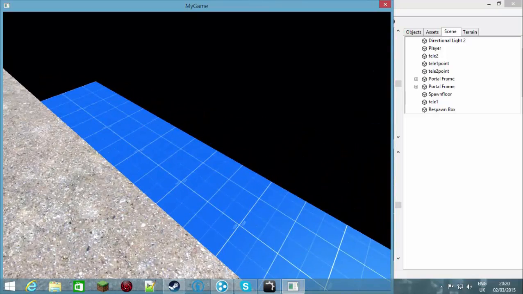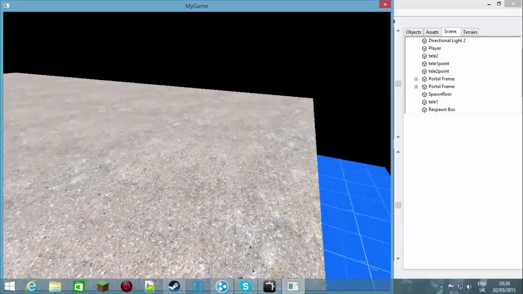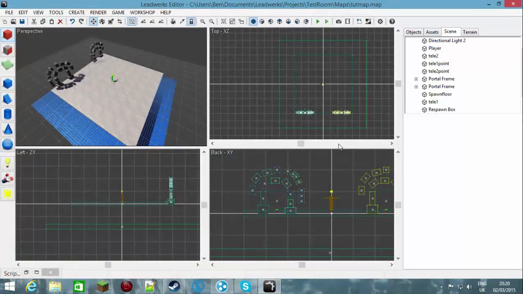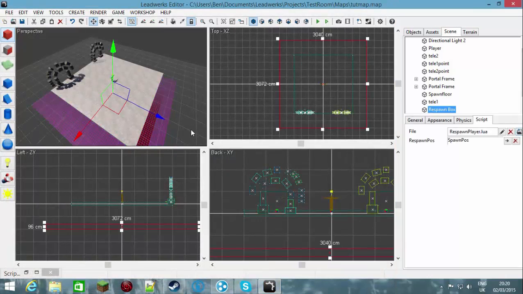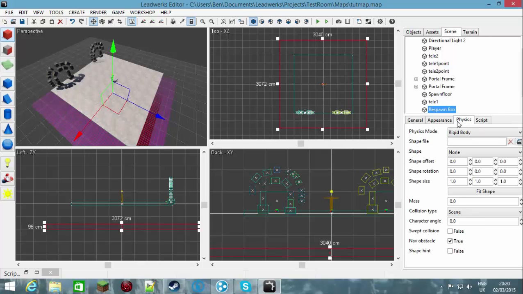Now if you have movable objects like barrels, if you drop them onto that they will stop, they will just stand on it. So what you want to do is you want to go to your respawn box, go to physics, collision type, trigger, and this will